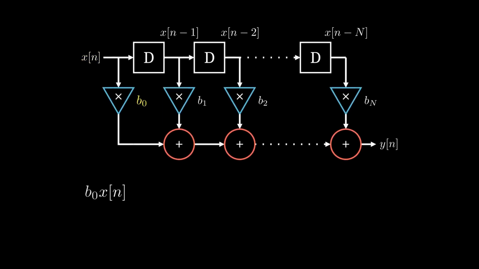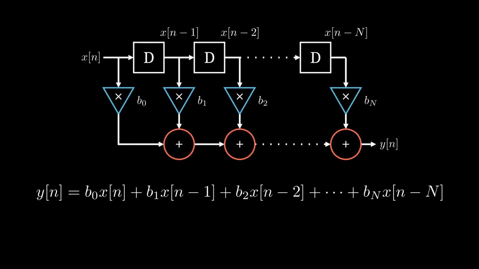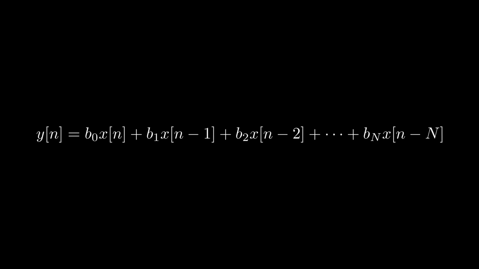The nice thing about this model of the causal FIR filter is that it's easy to convert it into a precise equation that relates the input signal to the output signal. All implementations of causal FIR filters must be representable by an equation in this form. The only thing that differs between different causal FIR filters is the set of b values used in this equation. In other words, these b values fully determine the behavior of the filter. These are exactly the values that the SNES audio hardware allows you to control.